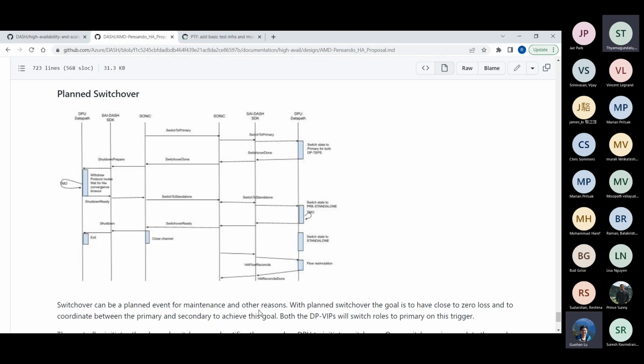But there is this window where you might receive them, because you had already forwarded an encapsulated packet to the other side and are waiting for the ACK to come back from the peer. You need some window to handle those packets, because once you switch over to full standalone, those are not legal packets to receive. So that is what the pre-standalone state is for, so that we can drain whatever we had sent just before we switch to standalone.